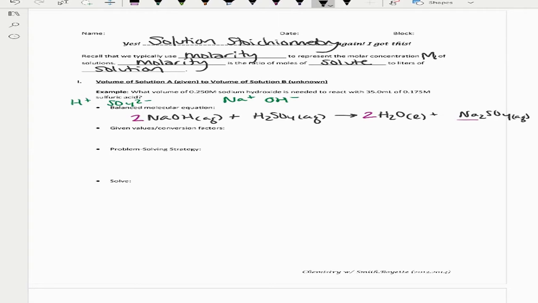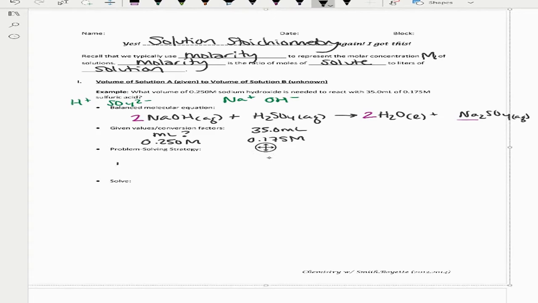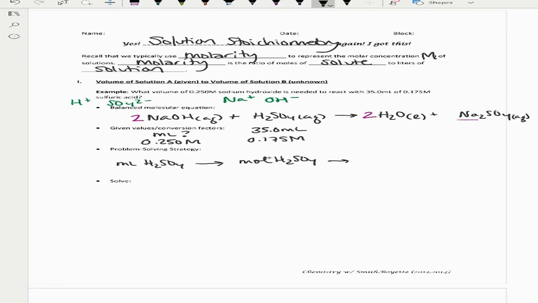And now we need to identify what this problem gave us. So we don't know milliliters of NaOH, but we do know it's 0.250 molar. Sulfuric acid, we have 35.0 milliliters of 0.175 molar. Our strategy here is going to be to start with milliliters of H2SO4, convert it to moles of H2SO4, then we'll convert it to moles of NaOH,